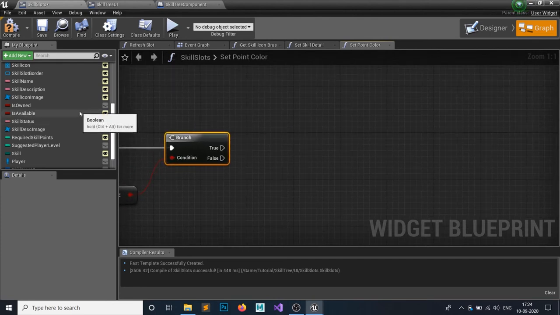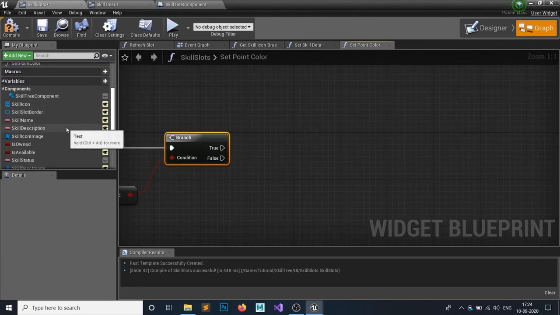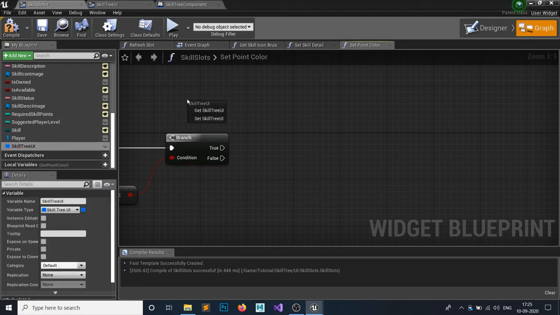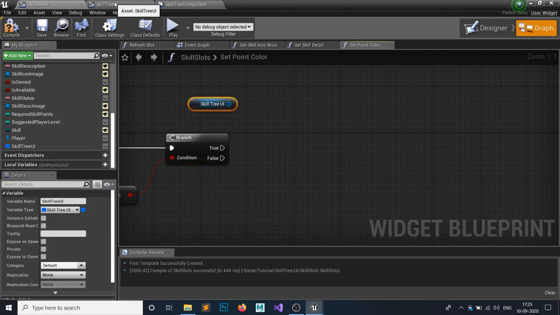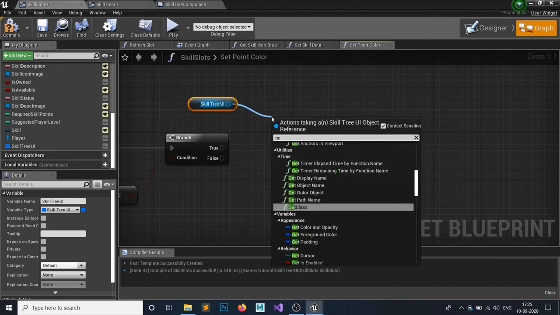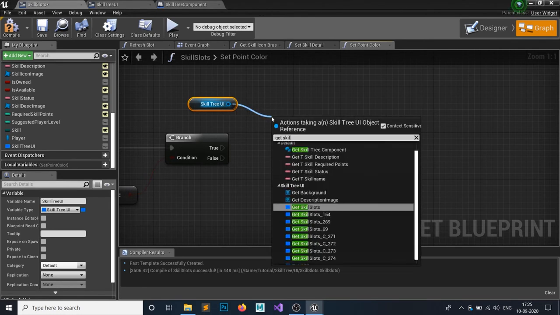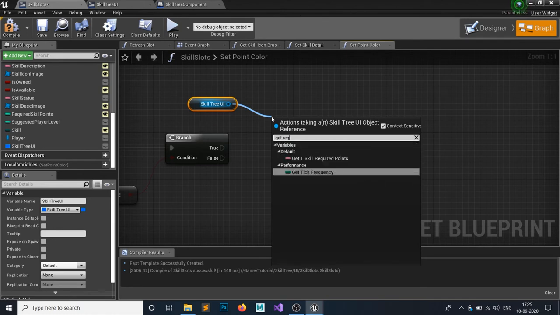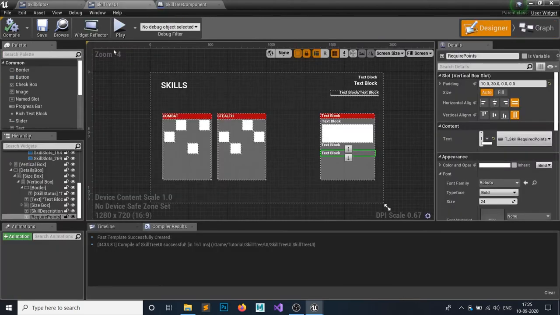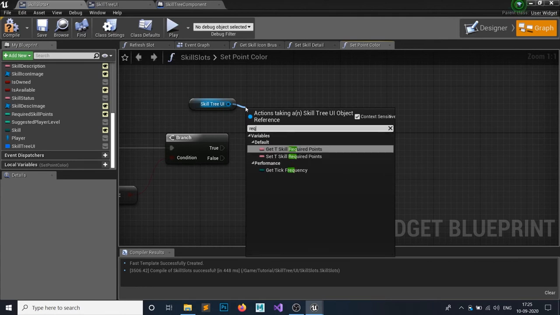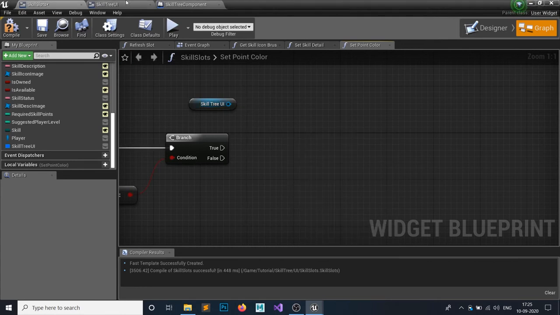What is the true part? The true part would be your color. How are you going to get the color? From your skill tree UI, so get your skill tree UI, this one. From that get require points, whatever we named it. Why doesn't this come up?